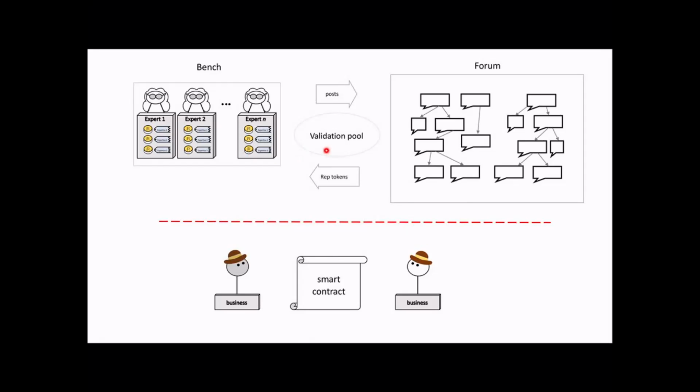Okay, and it just depends on what your DAO wants to do as to how it sets up the validation pool. And finally, the third smart contract was the availability stakes, which is a very trivial smart contract that each expert engages just to say, I'm ready to do work. That just emits a signal that says, I've encumbered my reputation tokens and I'm willing to lose them if I don't do a good job, or if I don't show up when I said I was going to show up.